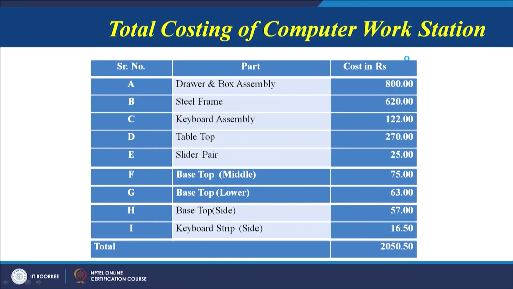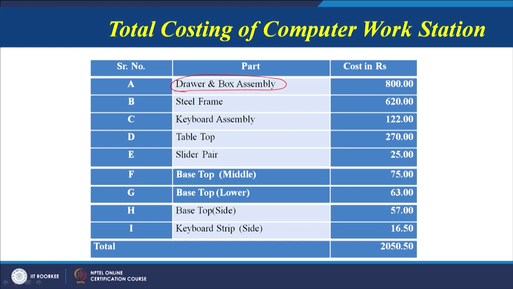Because we have gone through the course, now we know that once we have established the verb and noun definition for each and every component, each sub assembly and each part of the product, we try to relate the functions with the cost, because all of you know value is equal to function by cost. So there is a relationship between the value of the product, the functions it is providing, and the cost the user is going to pay to acquire that product.